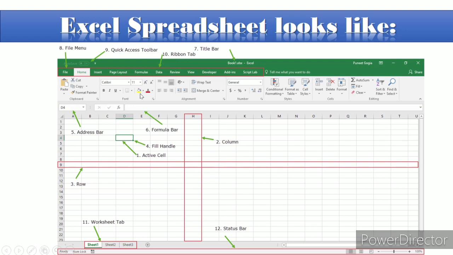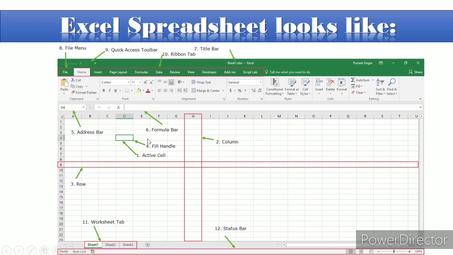Just below the ribbon there are two parts. First one is the address bar or name box, and the right side part is the formula bar. बहुत ही इंपॉर्टेंट पार्ट होता है ये हमारी स्प्रेडशीट का, बिकॉज एड्रेस बार जो होता है उसमें हमारी जो सेल होते हैं उनका एड्रेस स्पेसिफिकली प्रेजेंट रहता है. एंड इन द फॉर्मूला बार वी एंटर और वी चेंज और एडिट द फॉर्मूला विच वी एंटर इनटू द सेल.